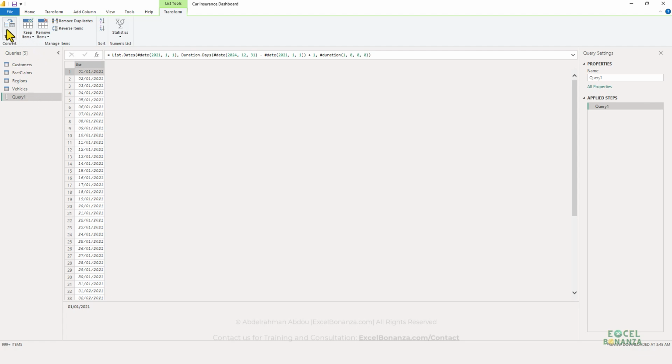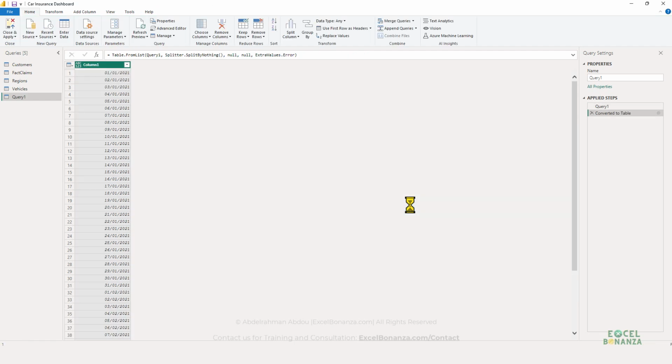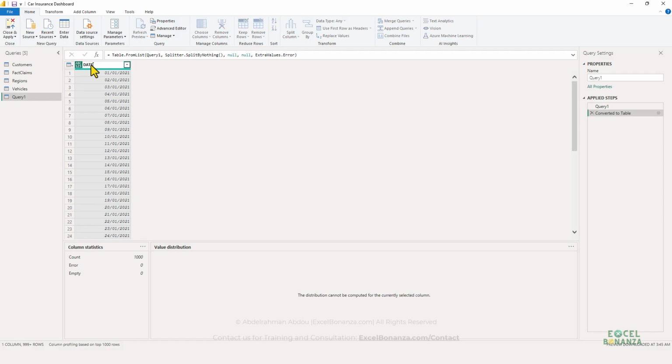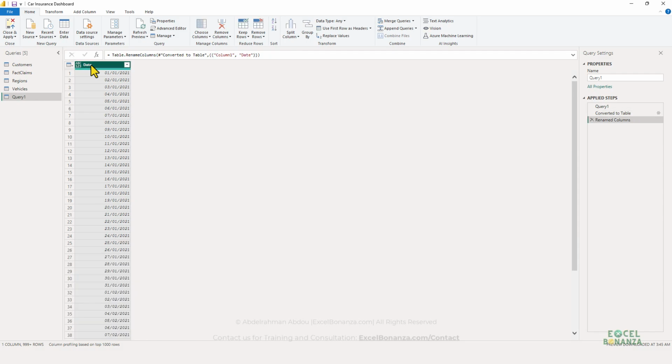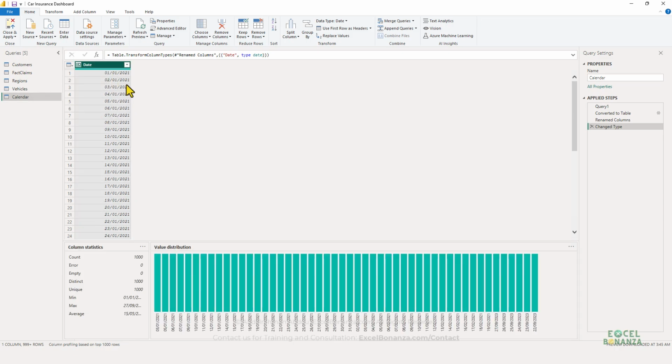So we're going to convert that to a table, as you can see. A list is a type of object in Power Query, but we're going to convert that to a table because this is what we want here. And I'm going to name this column date, and we're going to change that to a date data type, and I'm going to rename that to calendar, for example. So this is going to be our calendar table,